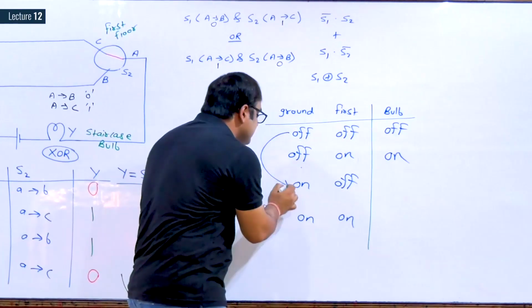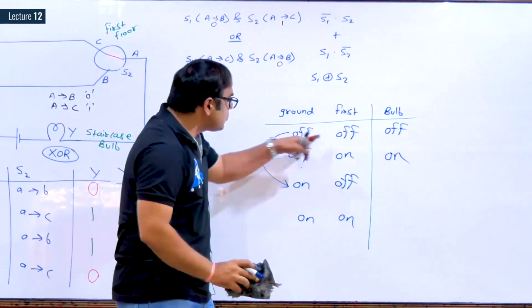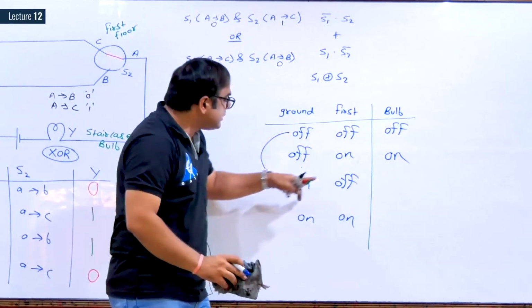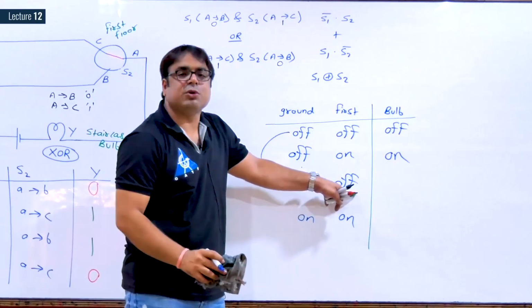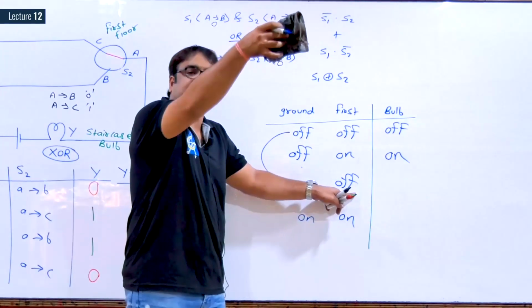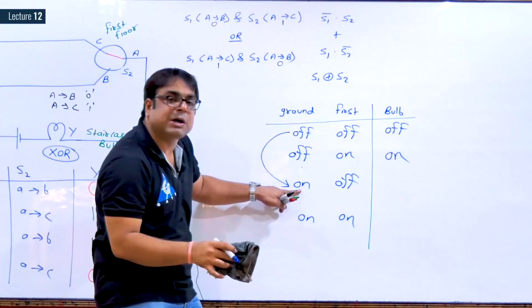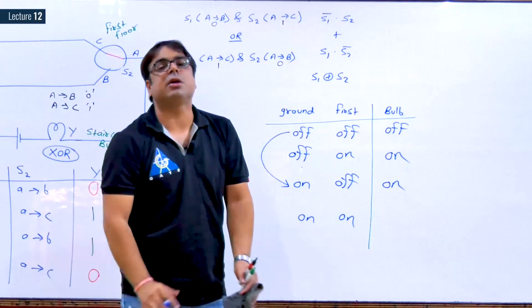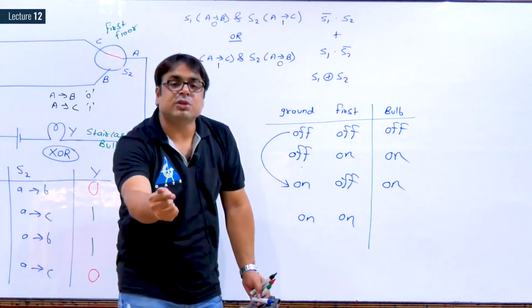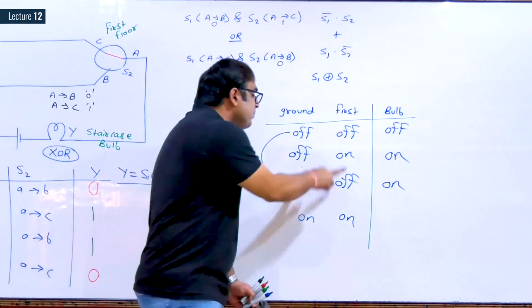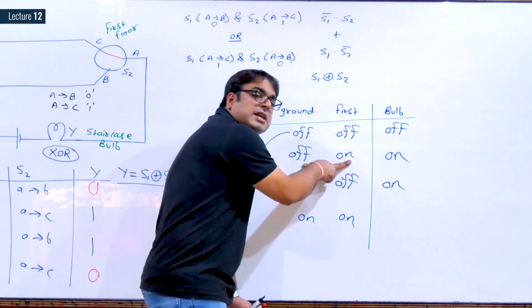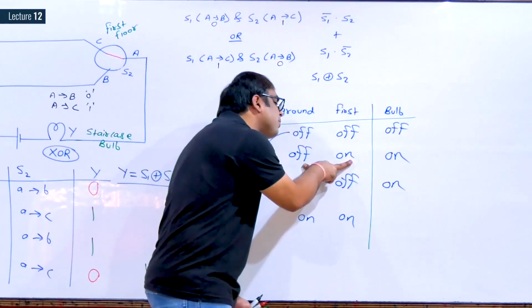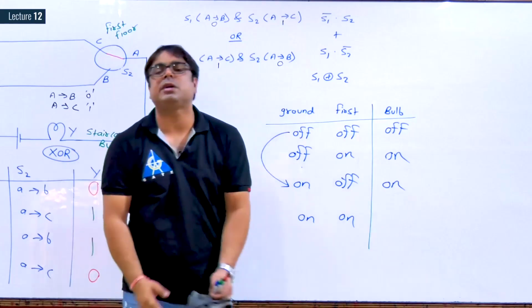Similarly, initially both the switches are off and the bulb is off. You are going from the ground floor to the first floor, and you turn the ground floor switch on, then also the bulb should turn on. That is what we have discussed in the XOR gate. If both the switches are in opposite state,